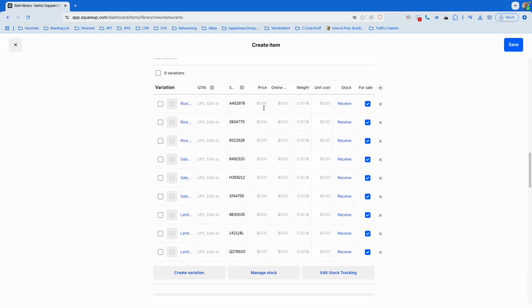Now we need to set our price. Now I'm going to just say chicken, let's say, is $10, the steak $12, and the veggie is $8. So we'll go down and we'll do 10, 12, 8, 10, 12, and 8. And then we can add unit costs, we can add weights, and these aren't relevant really for our food items,